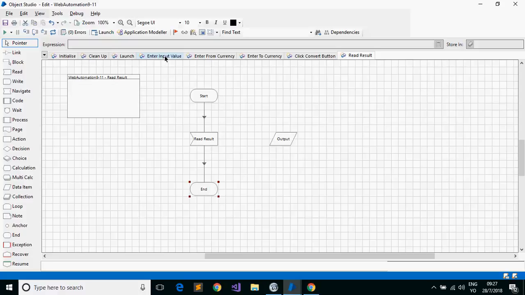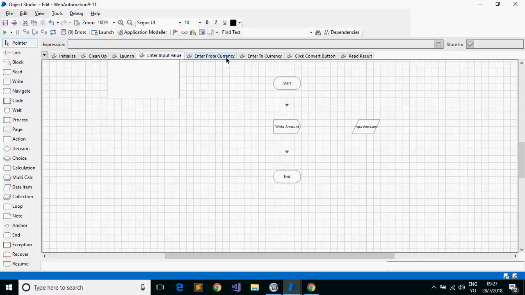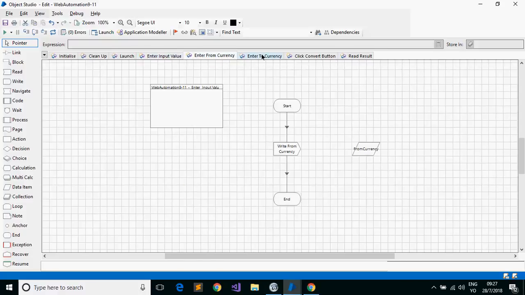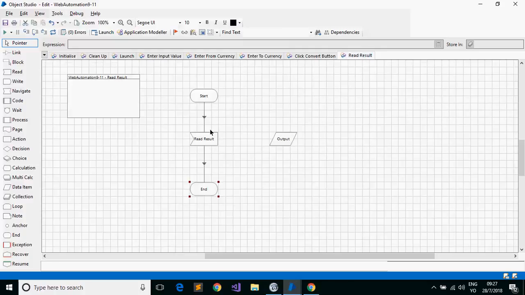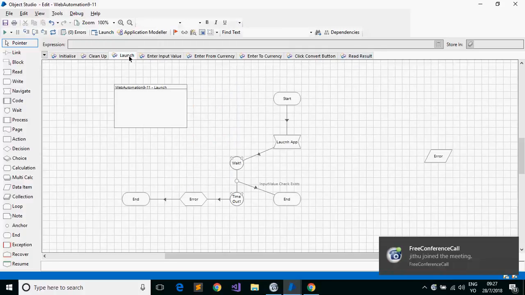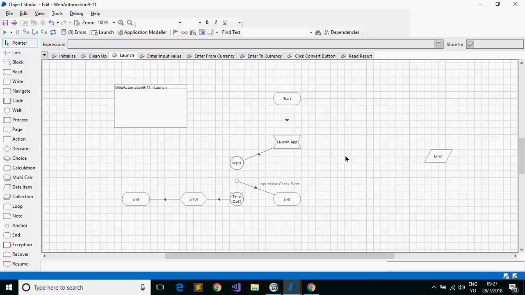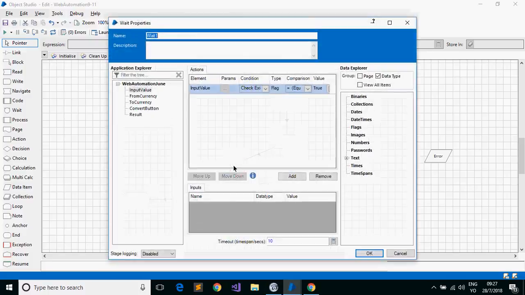Okay. So the Process Studio is sending data here: enter input value, enter from currency, enter to currency, and receiving data from the Object Studio in the result. This is how I have launched the website. Start, launch website, then wait for